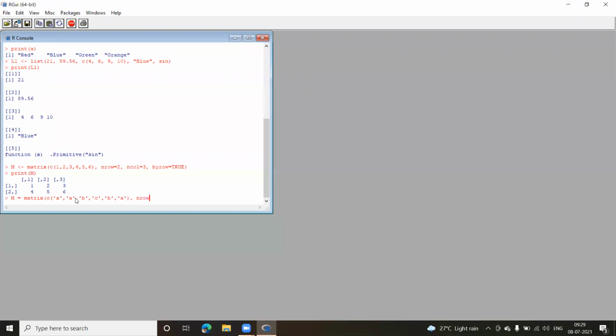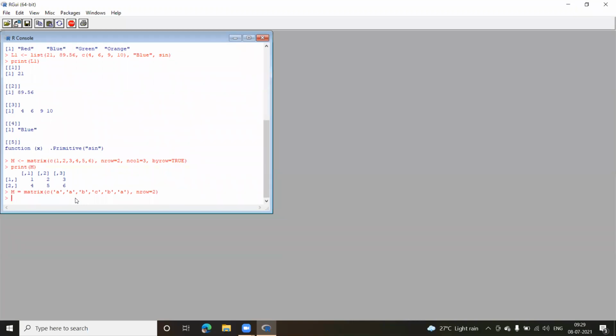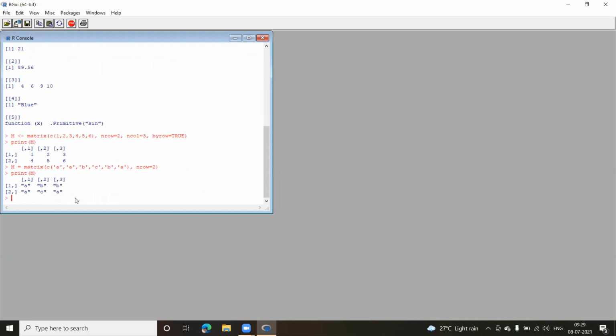I've just written nrow equal to 2. Let me complete this here itself, and I'll print M. Okay, so look at this now. What happened? By default, because I have not passed these parameters, first of all it is going to create 2 rows.